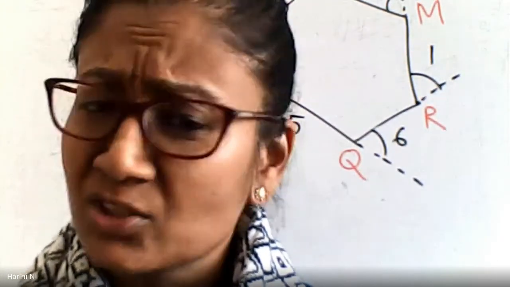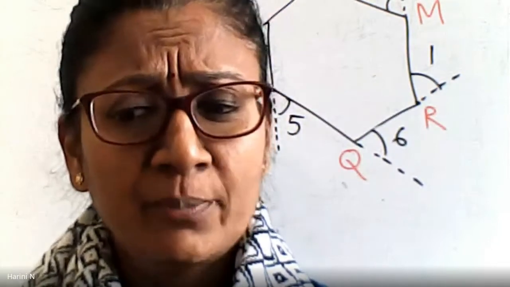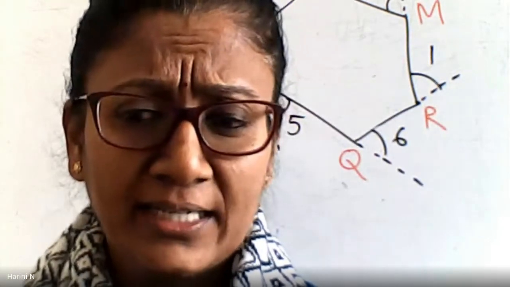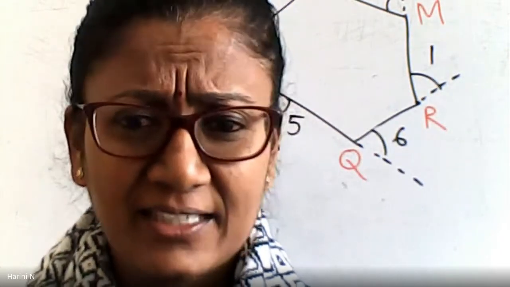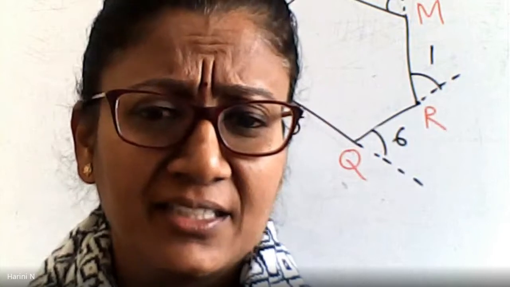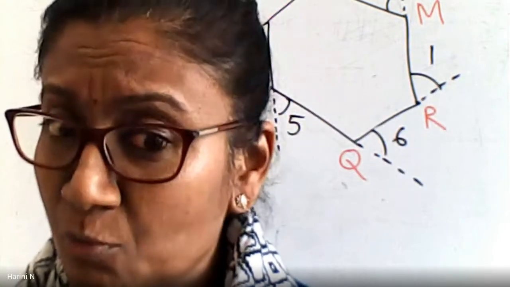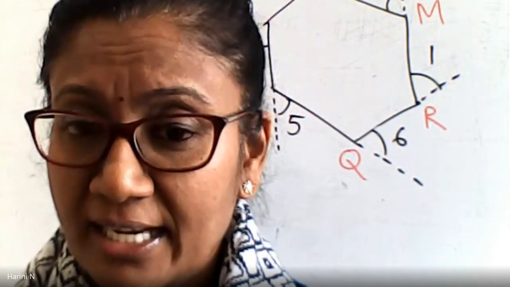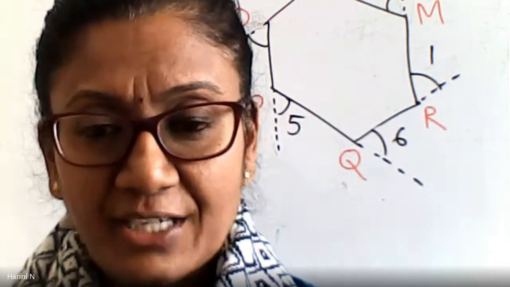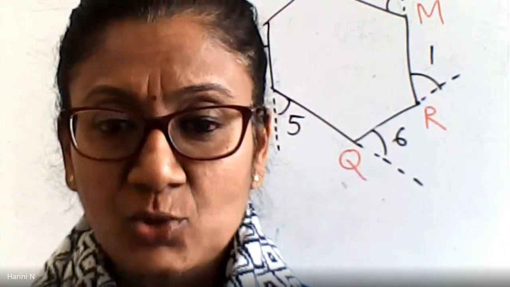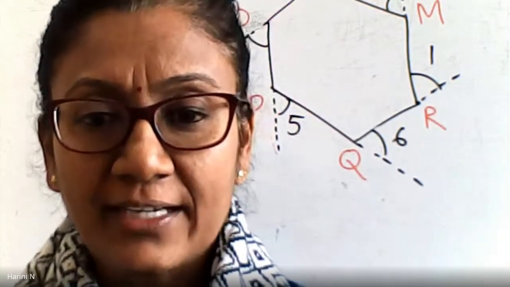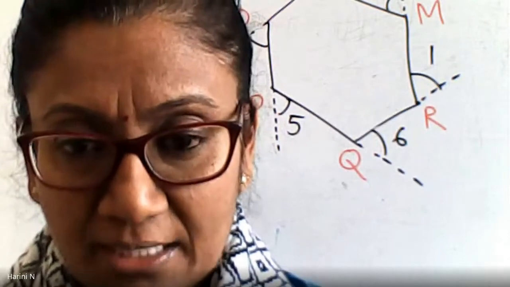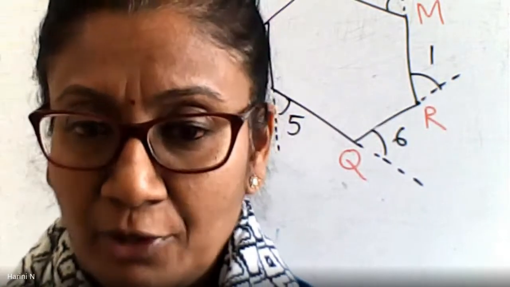Why did you take a square? It should be any general quadrilateral. Don't make it a special quadrilateral like a square, because there the verification is very simple, as each angle will be 90 degrees only. So this I want you to repeat, Kushala. Take any general quadrilateral. Don't make it a rectangle, square, parallelogram or rhombus. Make it any four different sided quadrilateral. That means it should be an irregular quadrilateral whose sides are not equal.